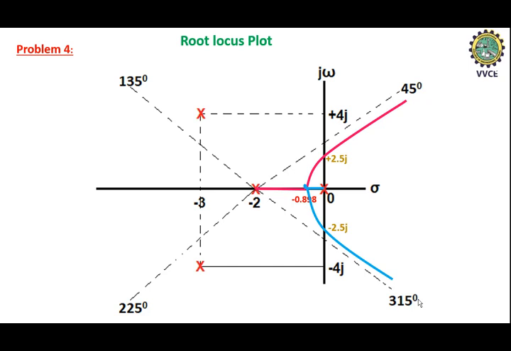Another two infinite branches are also there. The direction of the main root locus branch is given, but the inclination of the complex poles is not known. That can be obtained from the angle of departure. So for the positive real axis pole, they have given minus 140 degree. So this is minus 140 degree, and you need to take it in a clockwise direction. If it is plus 140, you should have considered it in the anti-clockwise direction, but it is minus 140, so take it in the opposite direction.